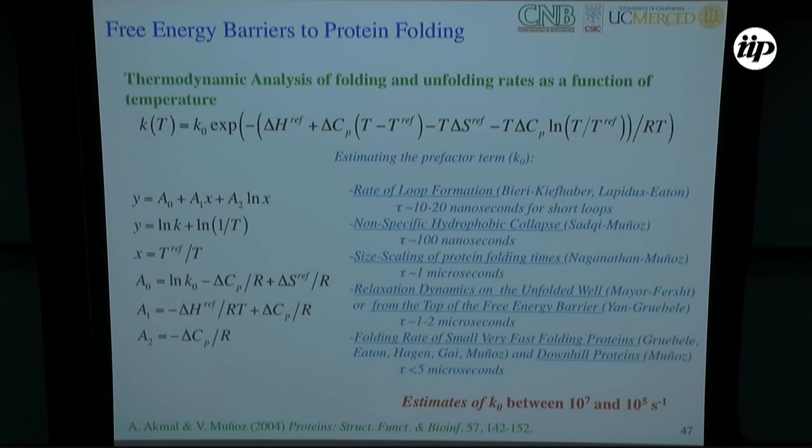In those cases, what we find is that the fastest possible folding proteins are on the order of around 5 to 10 microseconds. Okay, so all this took me a long time to compile, but it gives us a scale, right? So we don't know exactly what the pre-exponential is, but we know the range, and the range is now